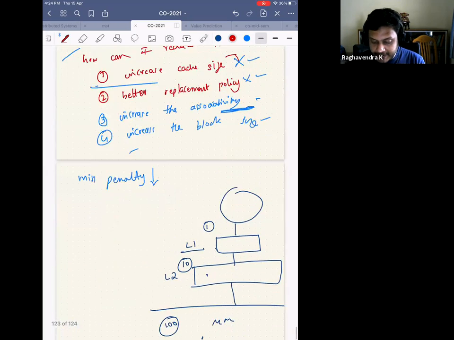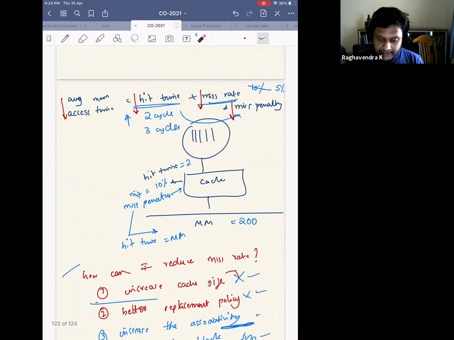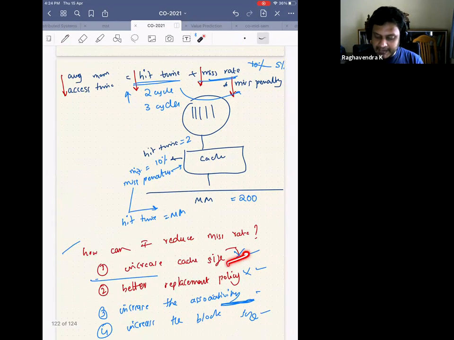So now recapping, I can reduce the hit time, I can reduce the miss rate, I can reduce the miss penalty. The way to reduce the miss rate is I increase the cache size, use a better replacement policy, increase the associativity, increase the block size. Of course, I can come up with an ML technique to get a better replacement policy, but then the complexity increases, which means the power requirement, the hardware complexity, and the time to replace a block might increase, and that might not be the best way, even though I know the replacement policy is better. But if I increase the cache size, even though I reduce the miss rate, I might increase the hit time. So this is just going back and forth.